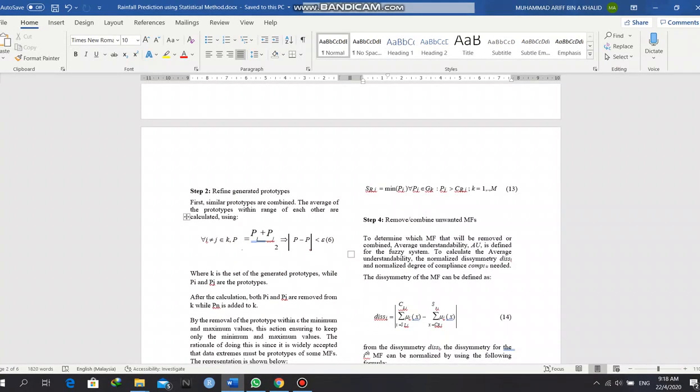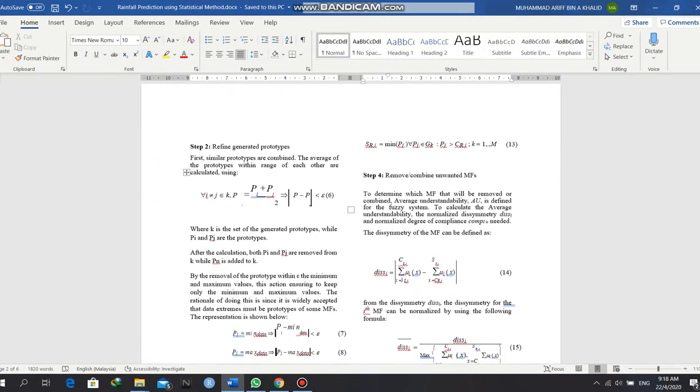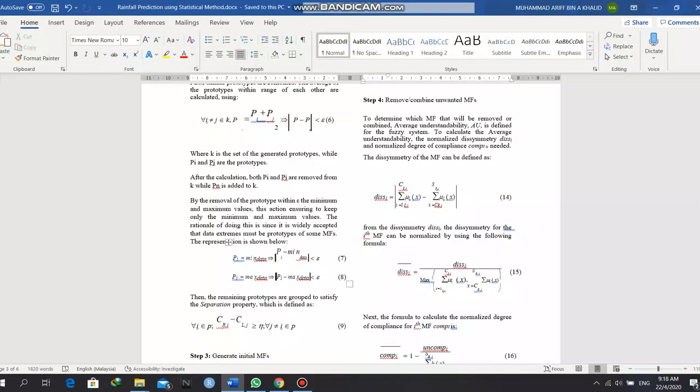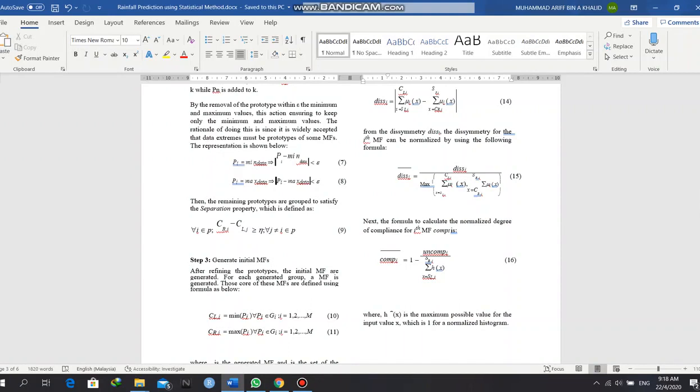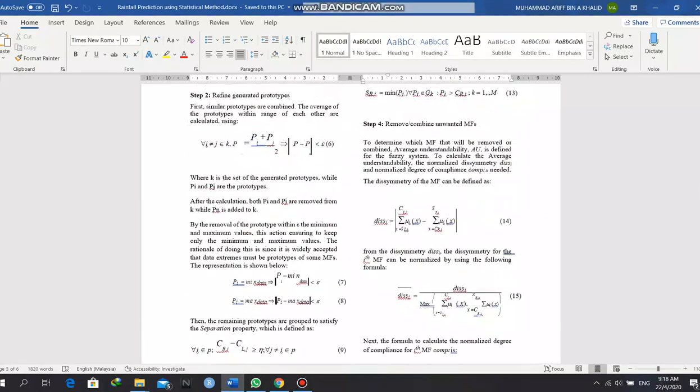Step 2 is refine generated prototype using the system formula. Then in step 3, we generate the initial membership function. In step 4, we remove and combine the unwanted membership functions. By using the symmetry of the membership function, we can define it by this